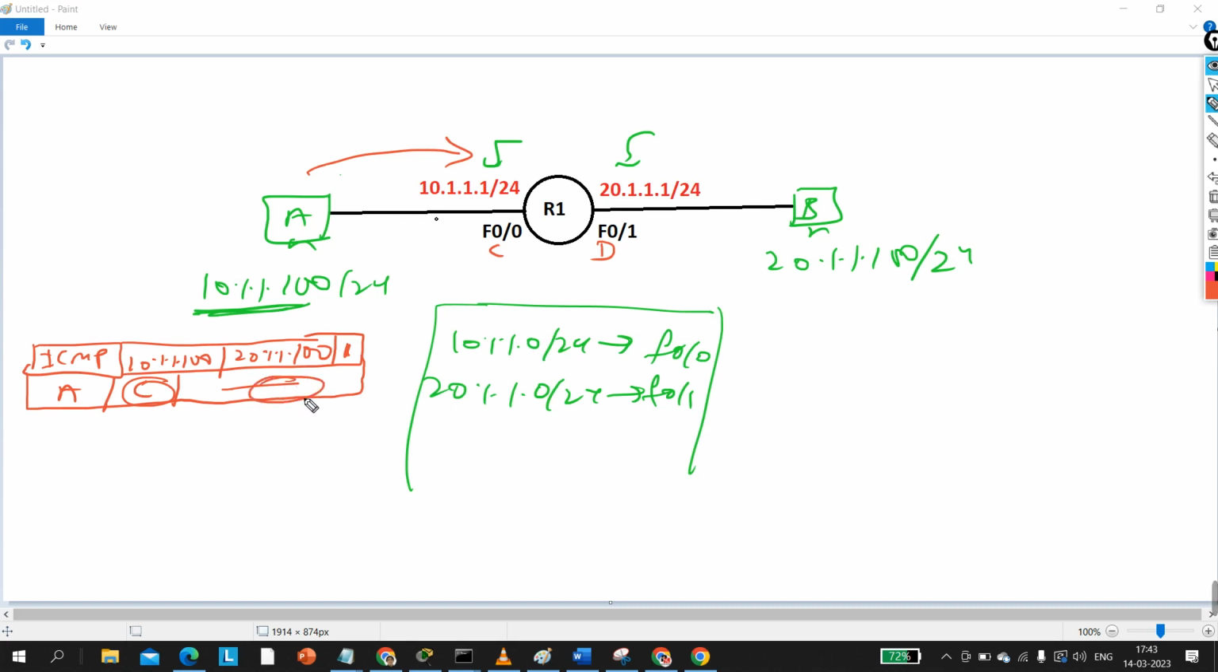They will check the type field and come to know that they have to hand over the packet to the IP protocol. So it will remove this header and hand the packet over to the IP protocol. The IP protocol will check what the destination IP is. So the destination IP is